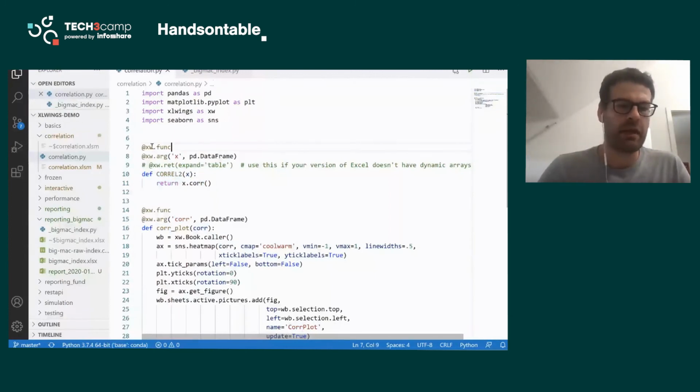And then you can again let Excel Wings do the conversion for you. So basically you can say, whatever you put into the function shall arrive as a Pandas data frame on the side of Python. And then it can boil down to a one-line Python function,